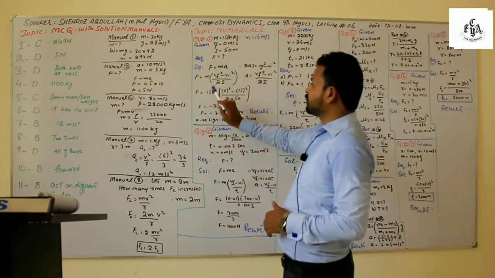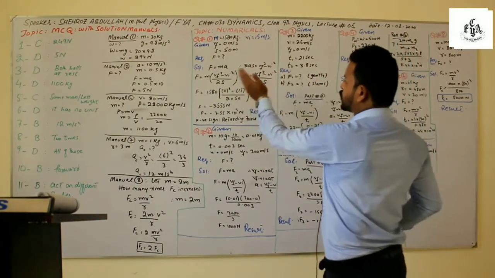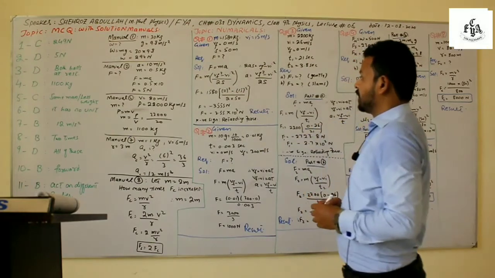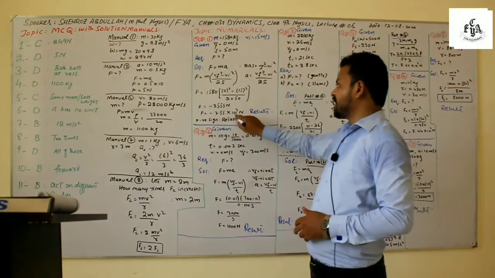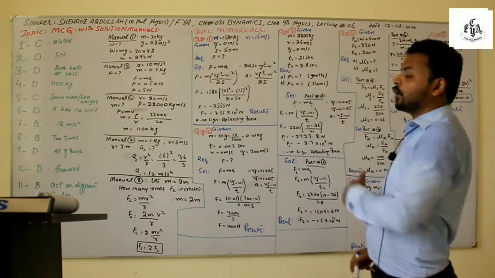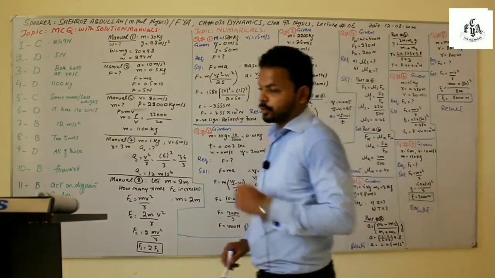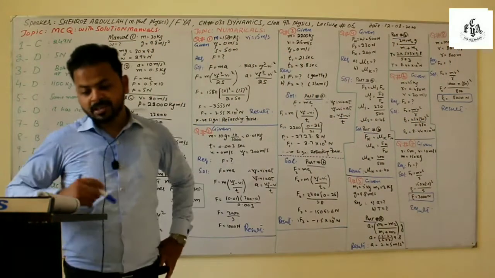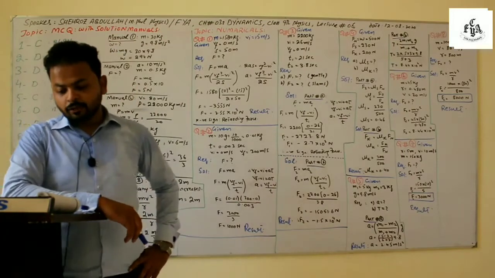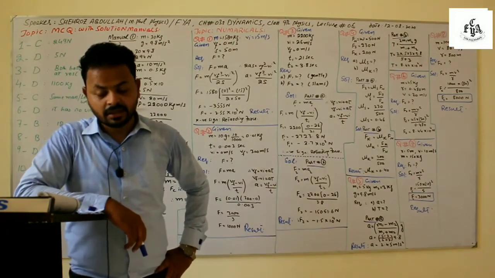You are going to get 1580 into 0 square minus 15 square divided by 2 into 50. You are going to get minus 3.55 into 10 to the power 3 newtons. Over here, this minus sign shows the retarding force. Negative is retarding force. Coming towards numerical number 2, a bullet of mass 10 grams, mass is given 10 grams,